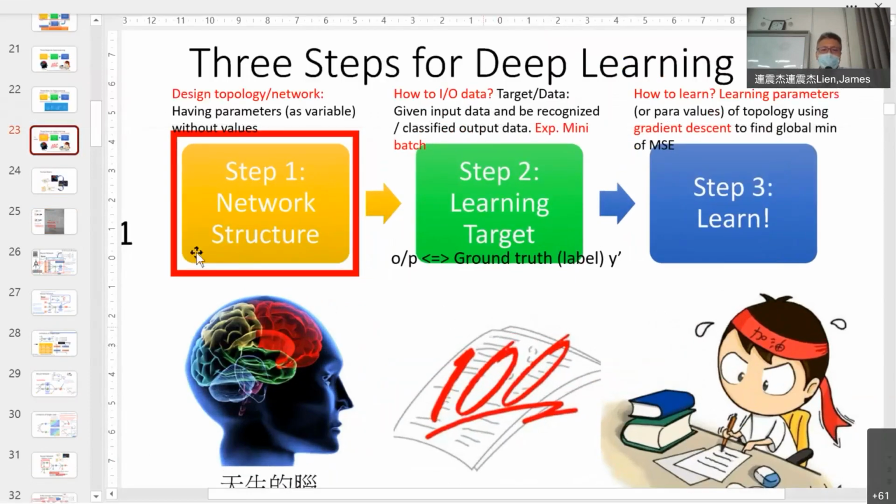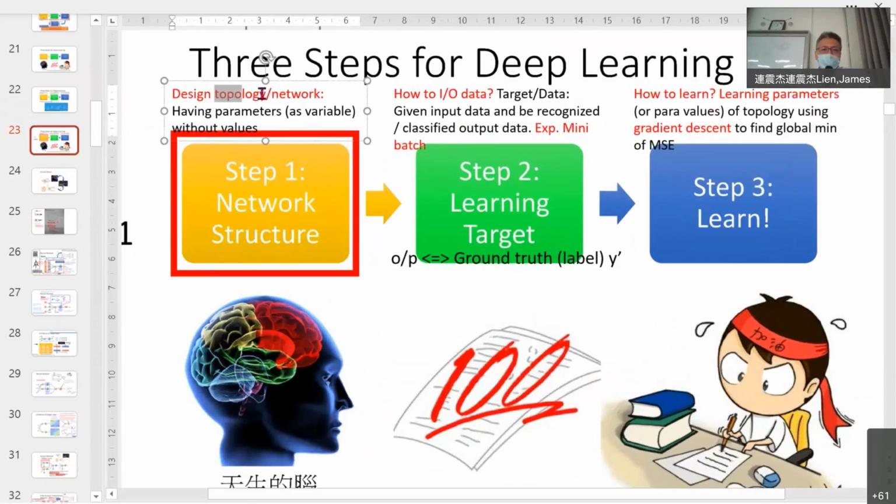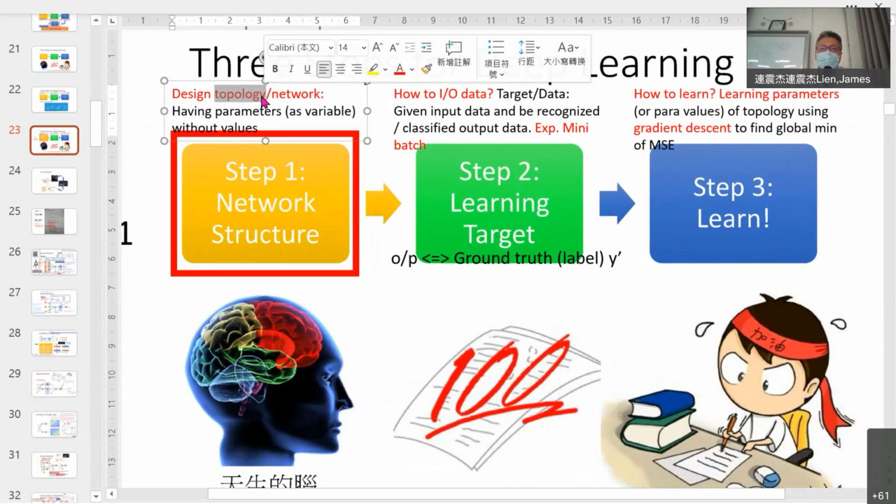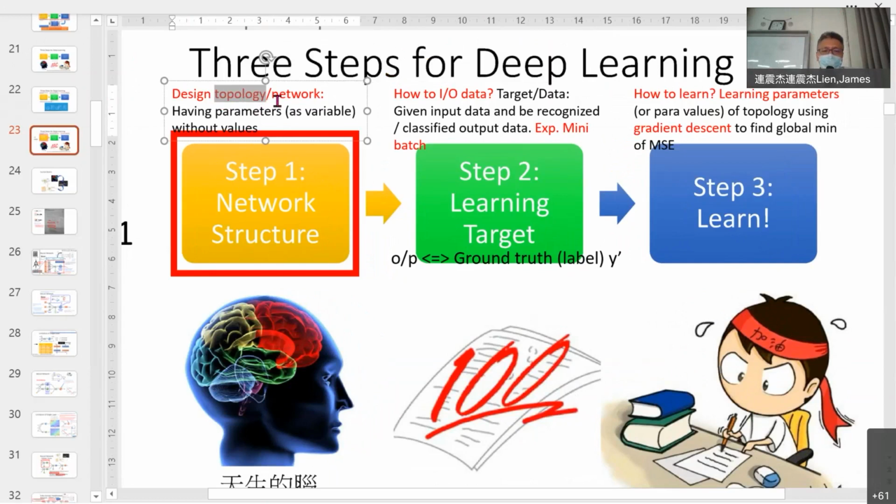Okay, so when you design a deep learning model, how do you design it? So 3 steps. First step is what we call topology or network. It means how many layers you want to have, and in each layer, how many neurons you want to have. So this first one is what we call topology. Without training, just topology 是空壳子，就你那个 weight W and B has no value，没有值，只是你的架构把它设计出来这样子。所以第一个是 topology.